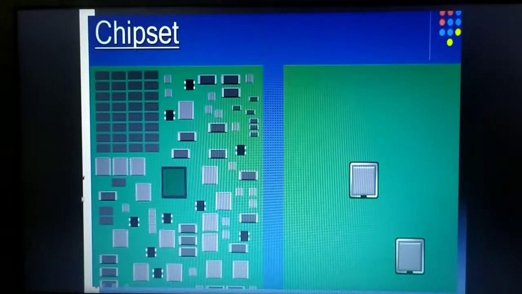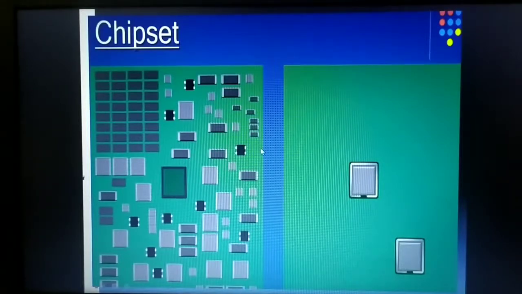Most of these motherboards in the earlier days were designed with a lot of chips that were scattered over the motherboard for different purposes, like having the memory controllers or the keyboard controllers. For the different purposes, we had a large number of chips here. As the technology progressed, computer engineers decided to reduce the number of chips and to have them in a centralized location.